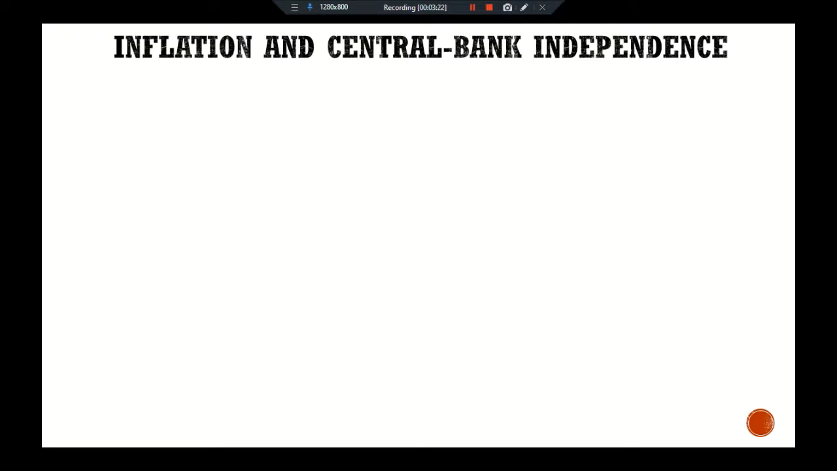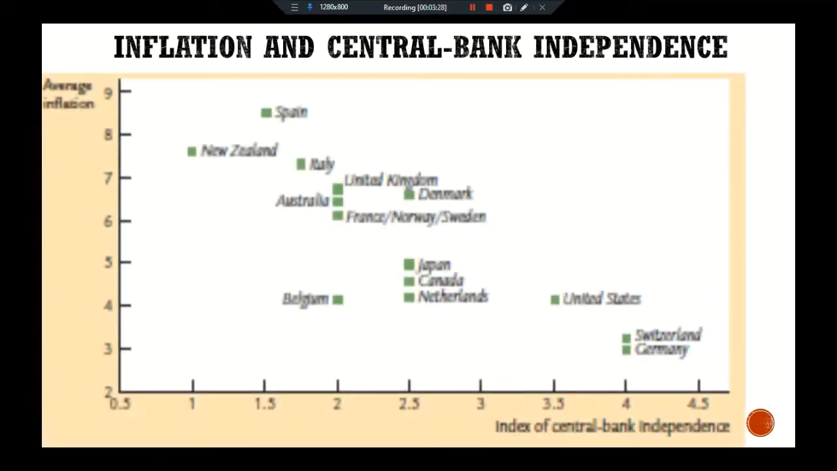So here we have inflation and central bank independence. Here we have a graphical presentation, with average inflation and the index for central bank independence. This figure shows central bank independence and average inflation for the period of 1955 to 1988. Countries that have an independent central bank, such as Germany, Switzerland, and the United States, tend to have low inflation